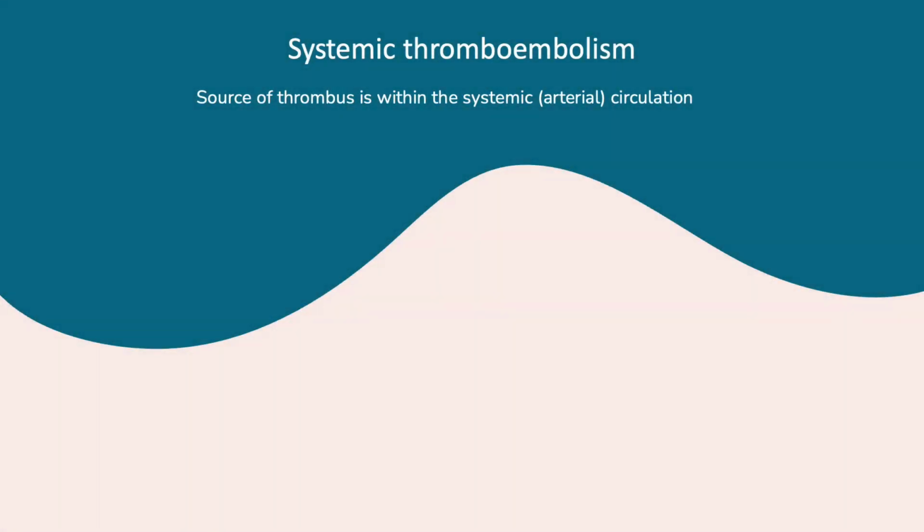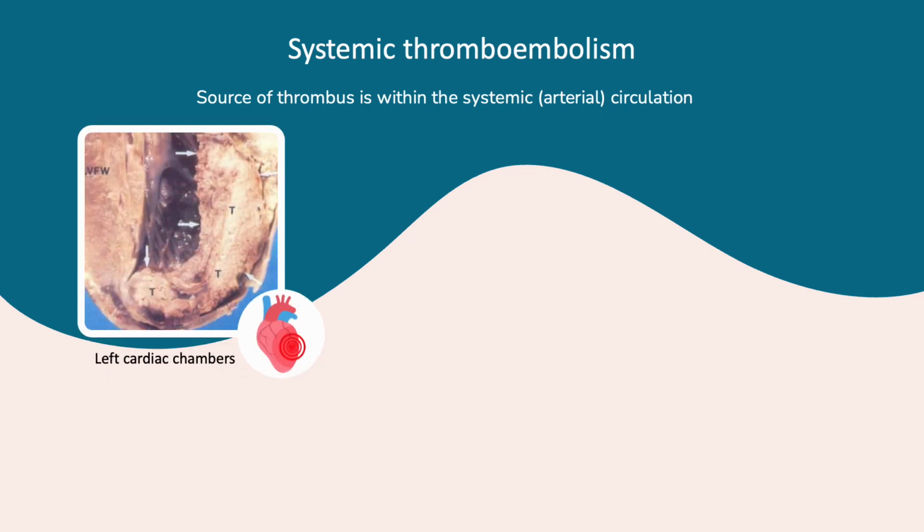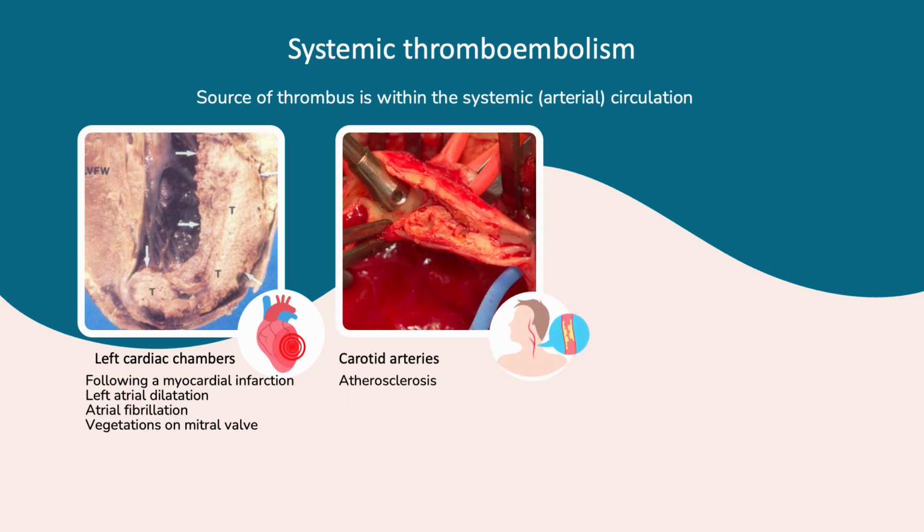The source of the thrombus in systemic thromboembolism is within the systemic or arterial circulation. Common sources include the left cardiac chambers, especially following myocardial infarction, left atrial dilatation, atrial fibrillation, or from damaged valves. Atherosclerosis of the carotid arteries with subsequent thrombus formation and thromboembolism is a common cause of cerebral transient ischemic attacks